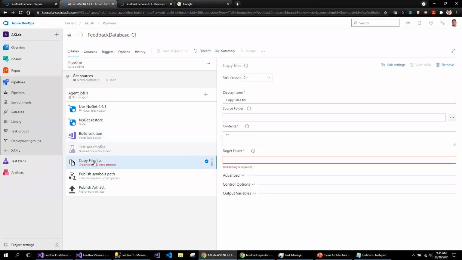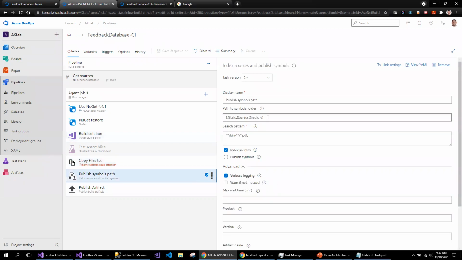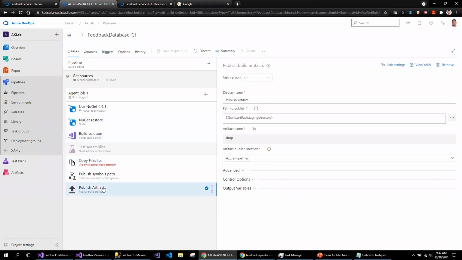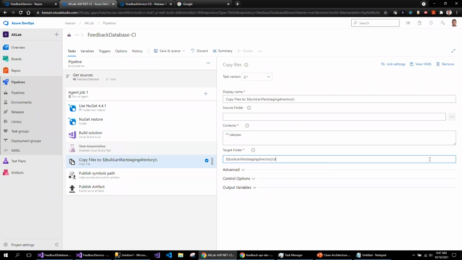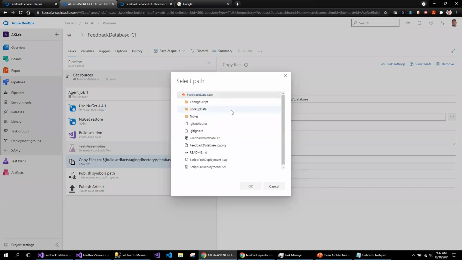So I've added the copy file task to copy the DocPack tasks. So here I'm going to copy this into the, first of all, this will be DocPack slash, and my target folder will be database, and my source folder here.